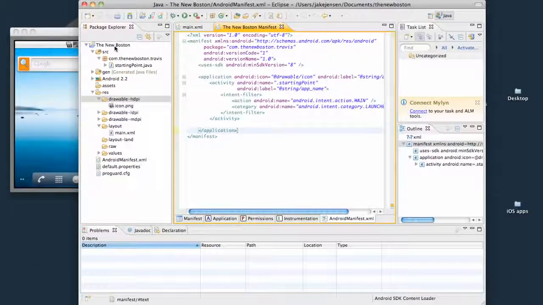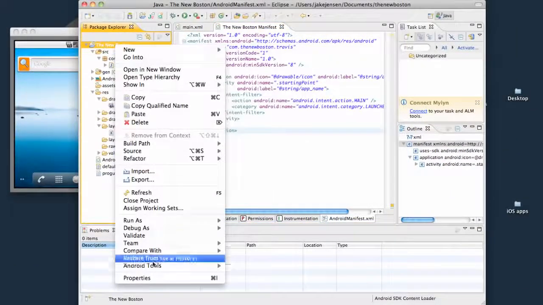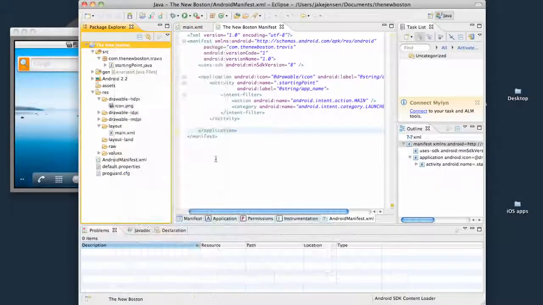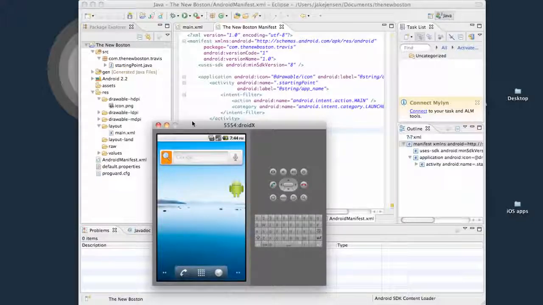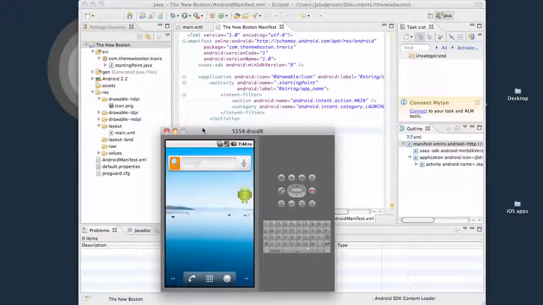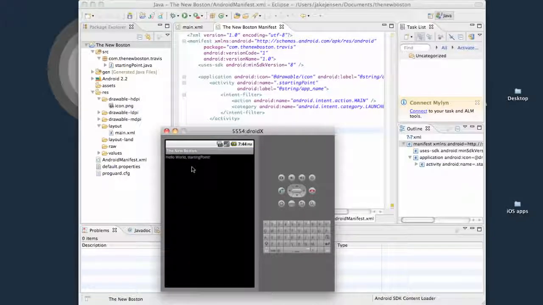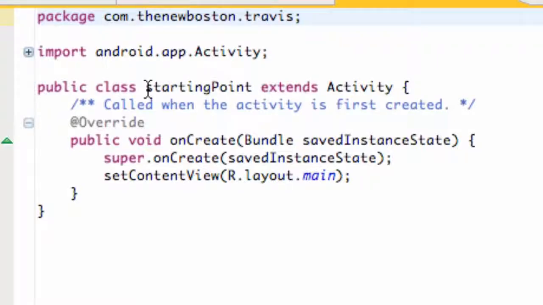The only other thing I want you guys to do real quick is right click on your whole package, go to run as Android application, and that's going to load up on our emulator. Again, I'm just going to briefly talk through everything that's happening. As it's installing onto our emulator, it's looking for the launcher item, like I said, within the manifest. Then it calls this starting point class that we set up right here, which is an activity class, and within the activity it sets the content view to